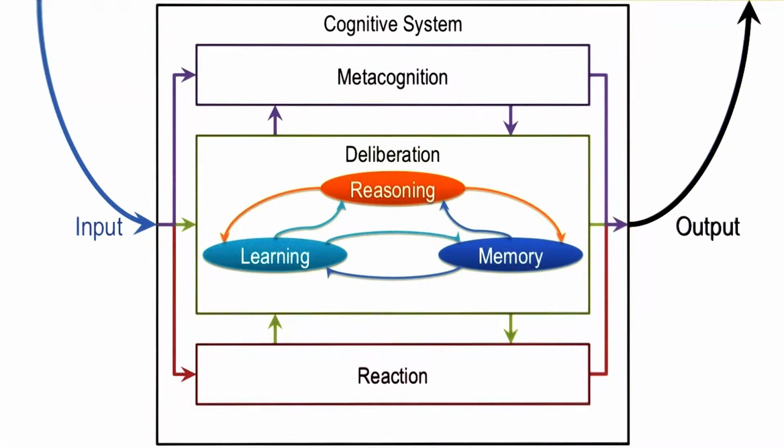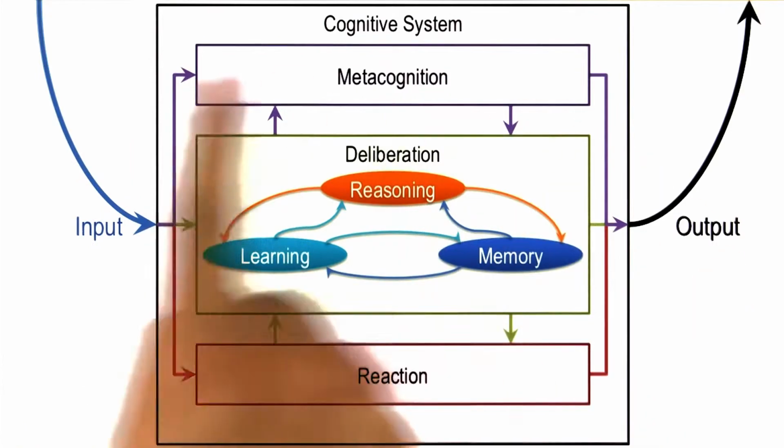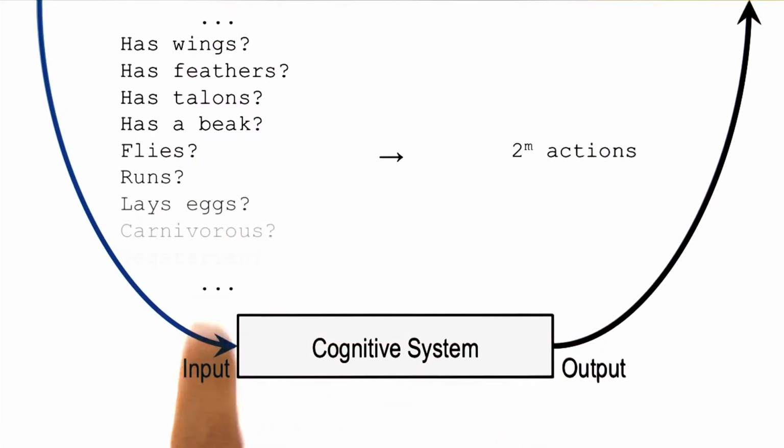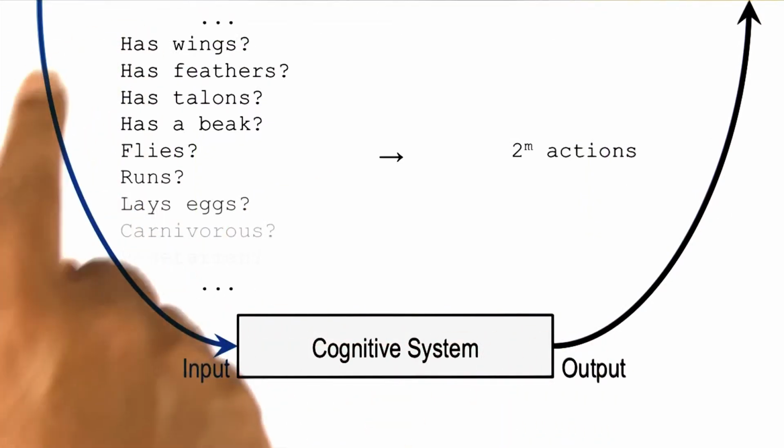To see why classification is so powerful and so ubiquitous, and also to understand what exactly classification is, let us go back to our overall cognitive architecture for an intelligent agent. This is a diagram that we have come across many, many times. Let us imagine this particular cognitive system is dealing with a set of percepts. These percepts are in the world.